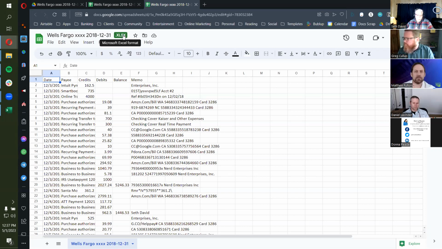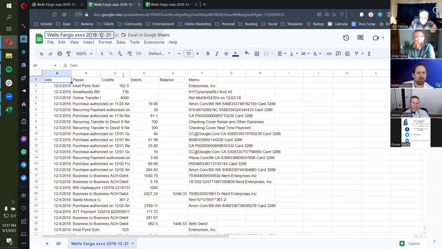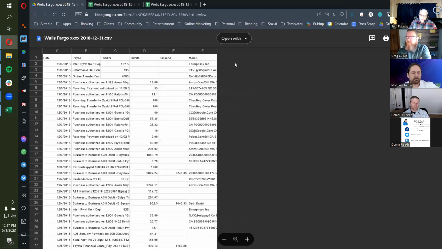So this is another option if you're working on something and you prefer to be in Google Sheets, but you know it ultimately has to remain an Excel file going back to a client, you'll still probably lose some formatting here, and you'll definitely lose a pivot table if there was one in here when you do this, right? Now to make it back real quick to the other one, just to visually show the difference between them. No, the layout comes in basically the same. If you look here versus here, it's pretty much the same. But the main difference was opening up the CSV file, I had to go through this preview screen first, right? So there's one extra step with the CSV file.